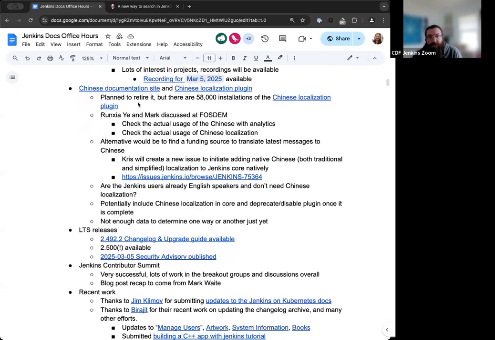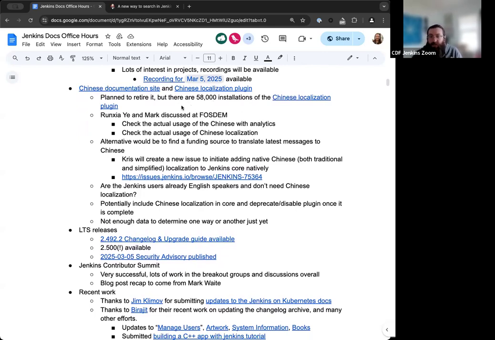Next topic on the agenda is the Chinese documentation site and Chinese localization plugin. So originally last year we were discussing the potential of retiring it, but after finding out there's 58,000 installations of the Chinese localization plugin, it's not as minimally used as we thought originally.